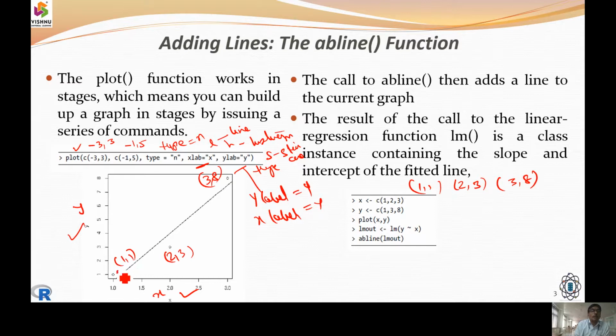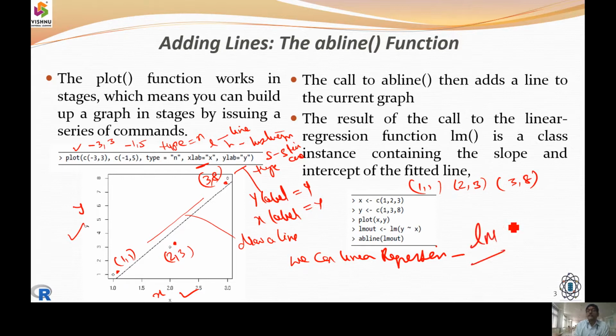Now in between these items we need to draw a line. So how can I draw it? I can draw it by applying linear regression. When we apply a linear regression, then we draw the line. Linear regression we call a linear model here. The linear model takes the slope and gives the values with the intercept.